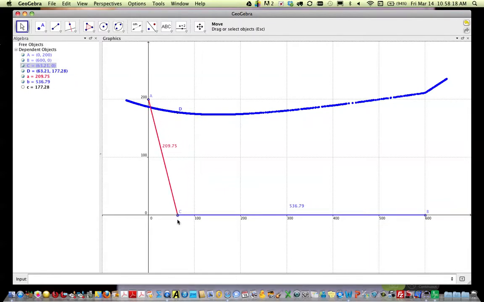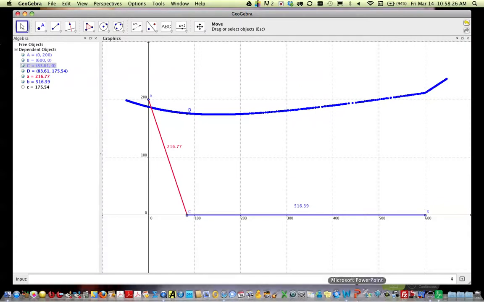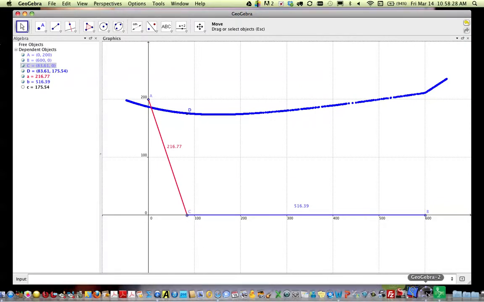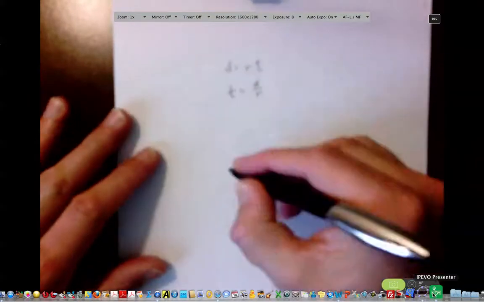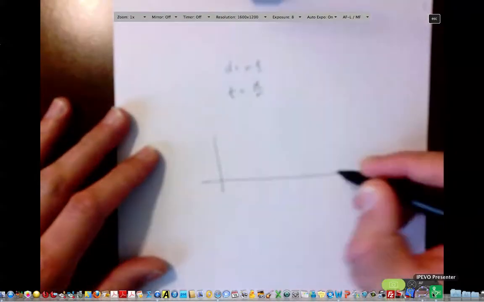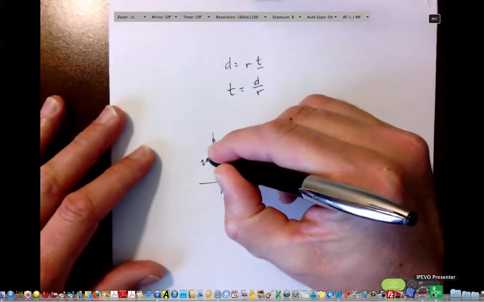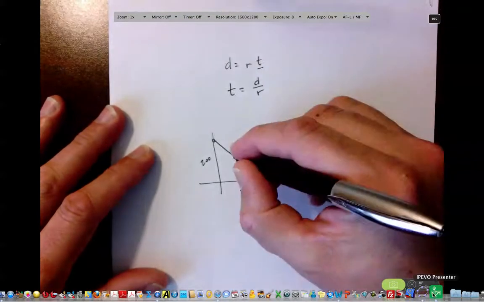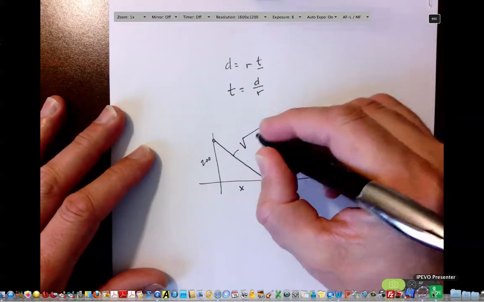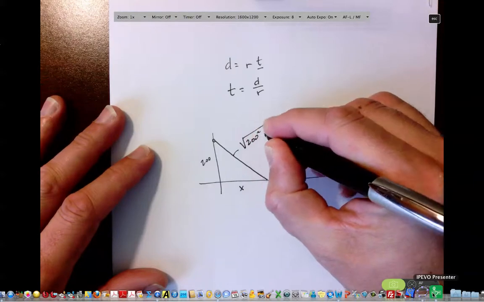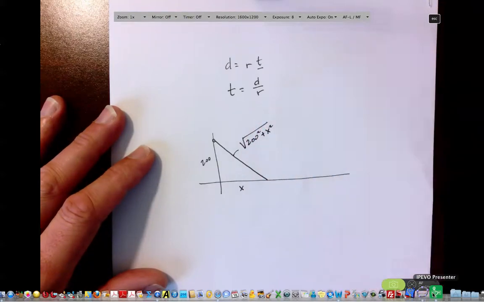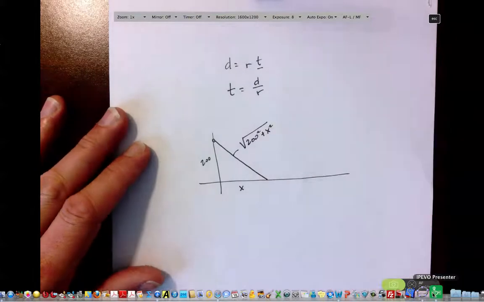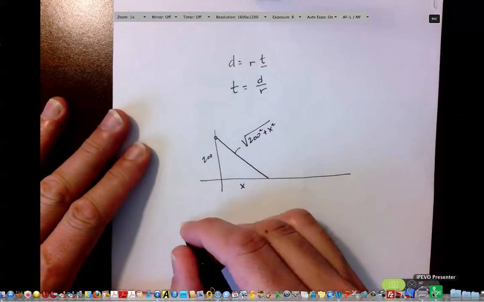The next thing I want to look at is, what is this function? All right, so we're going to want to analyze this a little bit. So we'll go back to our whiteboard or our paper, and we're going to end up with a picture that looks something like this, where this is 200. This is, we'll call it x, and so the length of this hypotenuse is going to be the square root of 200 squared plus x squared. Okay, so that's the distance that he's going to row,